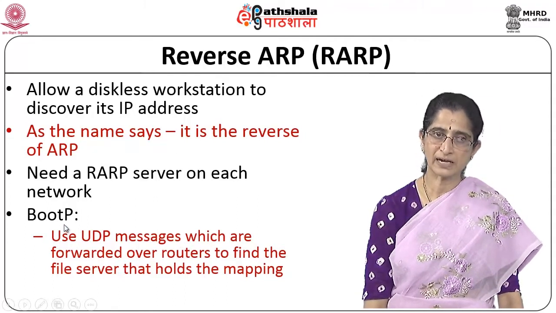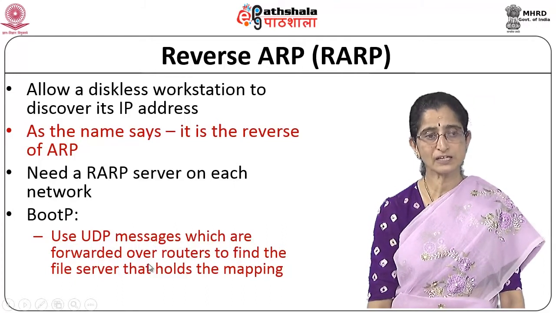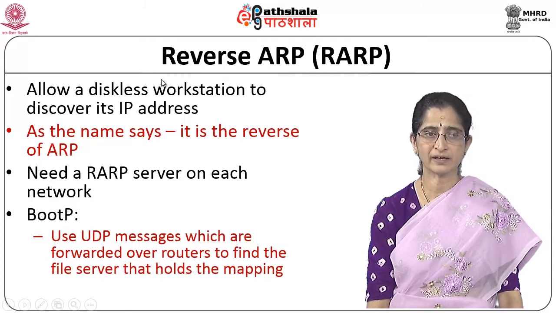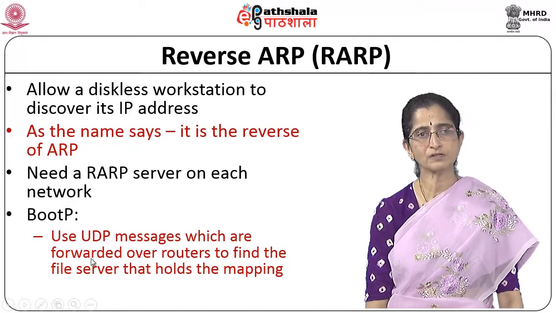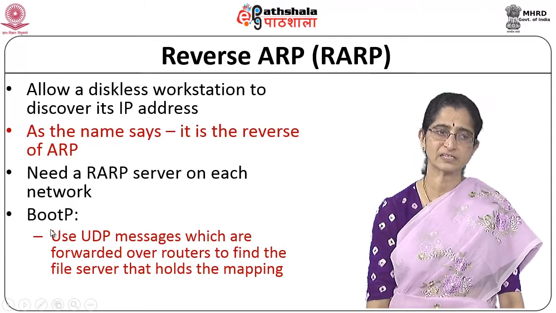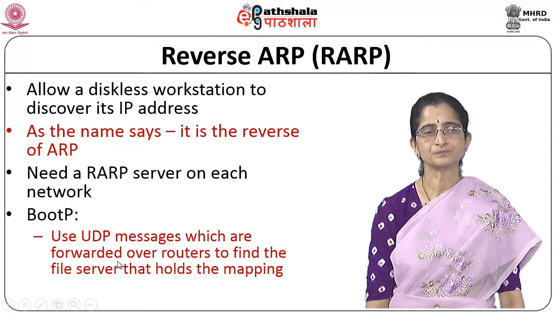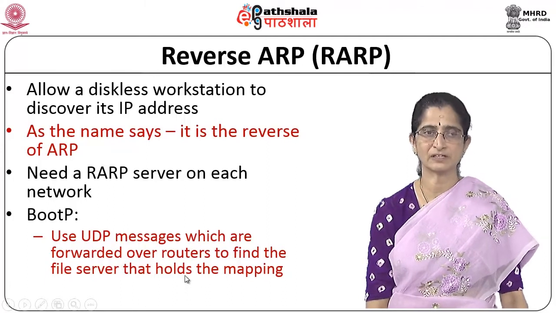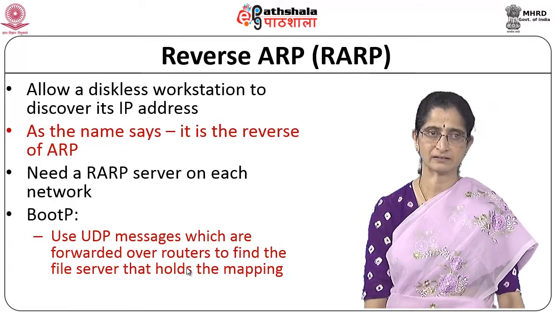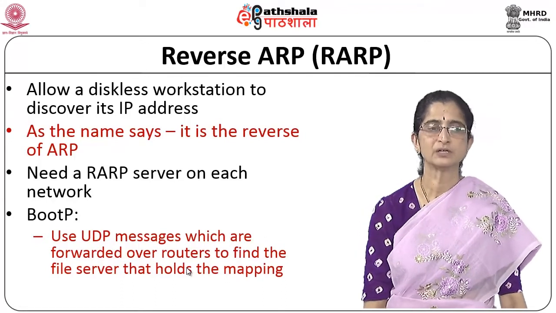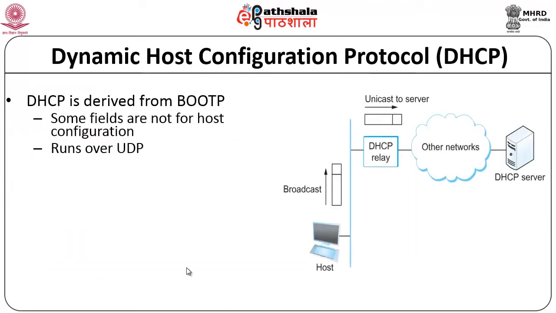Then we had the BOOTP protocol, which basically uses UDP messages. Remember, ARP and RARP are all happening more at a lower layer. BOOTP is a protocol which makes use of UDP messages, and there is something called a BOOTP server which will have this information of mapping between the MAC addresses and the IP addresses, and from there you can get the IP address assigned to you. We will look at the DHCP protocol, which is actually a much better version, kind of derived from the BOOTP protocol. So in that sense, we would also cover the BOOTP protocol to an extent by doing that.